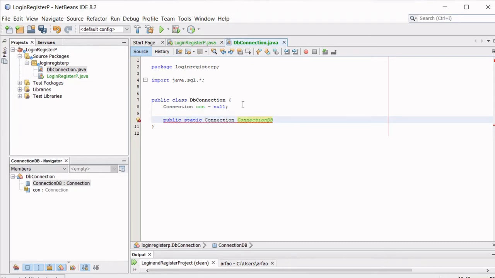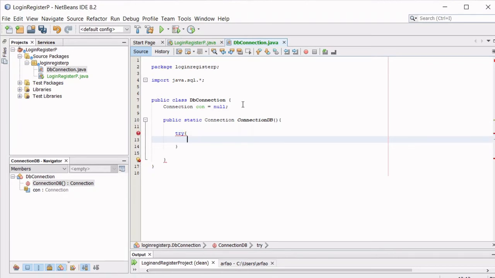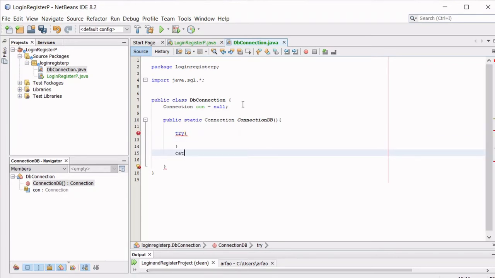Okay, so connection DB, and we're going to type the following code to establish the connection. Okay, so everything has to go in a try catch, and that is to handle any exceptions that could occur when establishing this connection. So try catch,